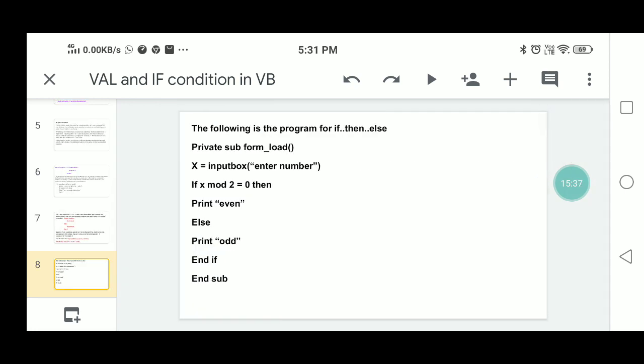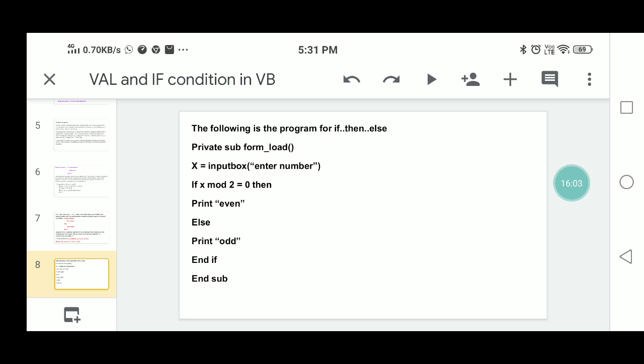Next, the following is the program for if then else. Here the input box function is used to take the value that will be assigned to x. Through x you will take the value. If x mod 2 equals 0, then print even. X mod 2, the modulus, returns the remainder.